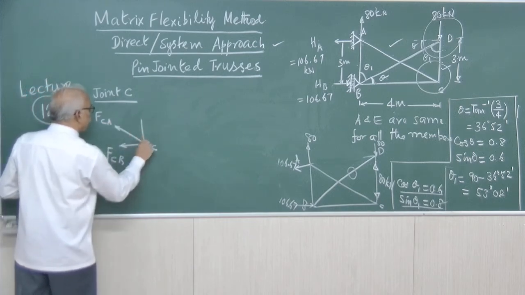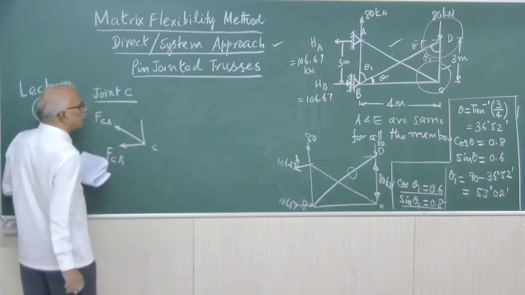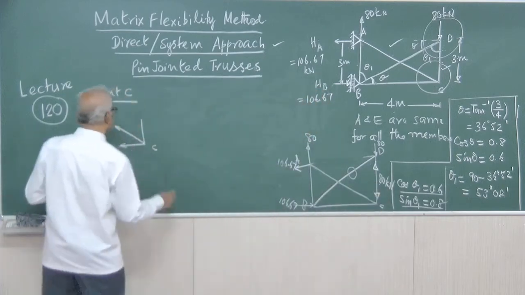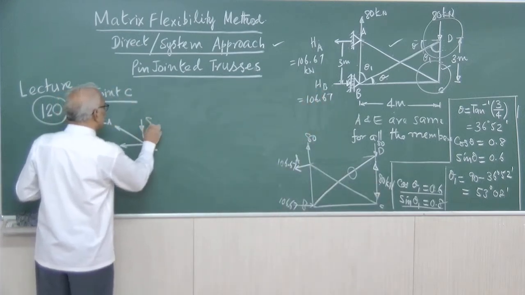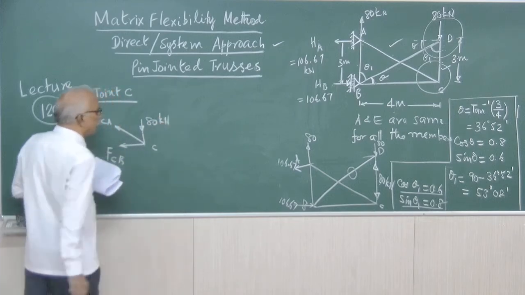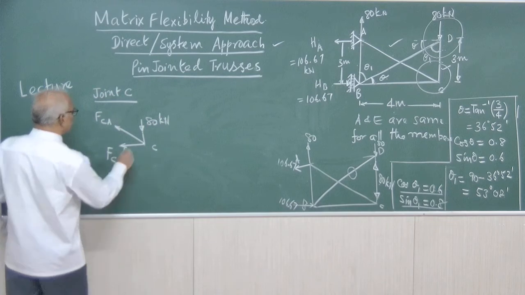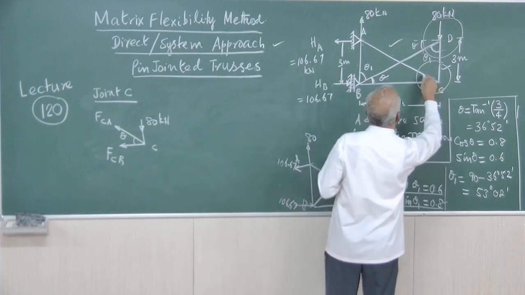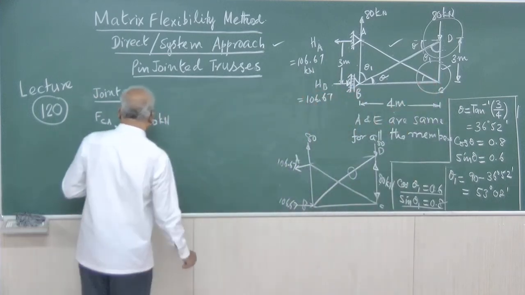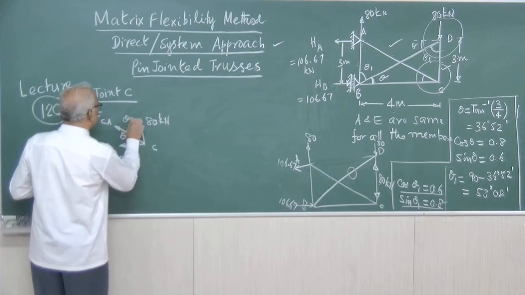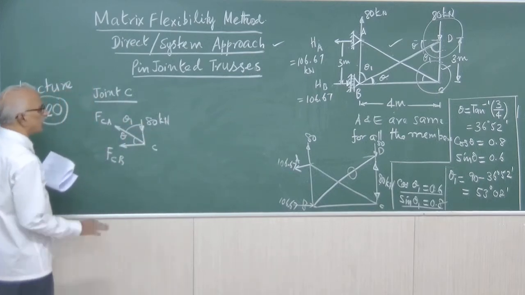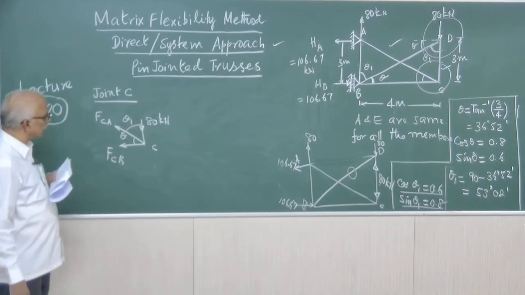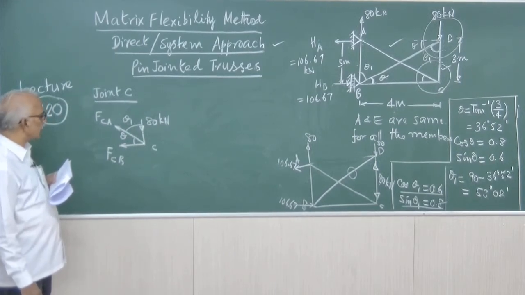There is a vertical member whose force is known. That is, this is 80. This value now we can mark. So this is compressive, and this value is 80 kilonewton. Coming to theta, this value is theta, because this is 3 meters, this is 4 meters. So when that is theta, this value is theta 1. And there is no other force, no other reaction at the joint C. That's all about the details around joint C.